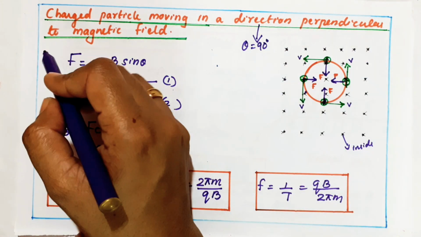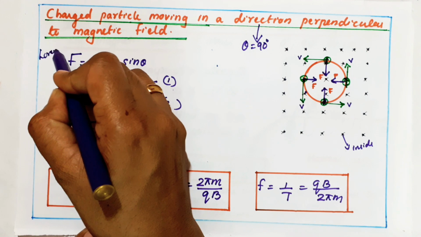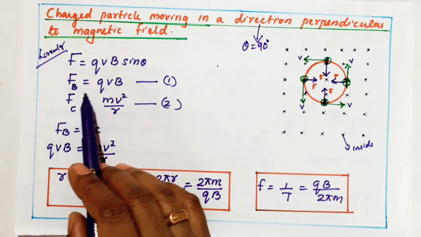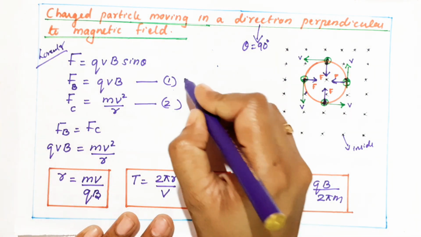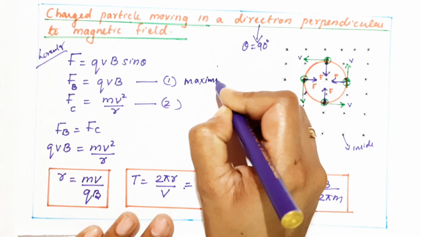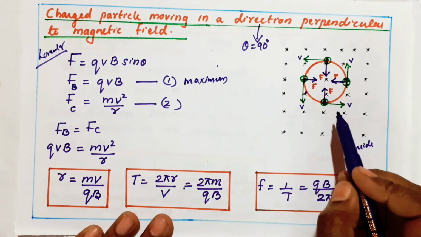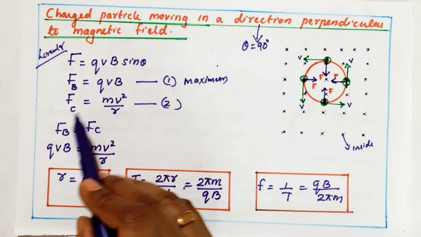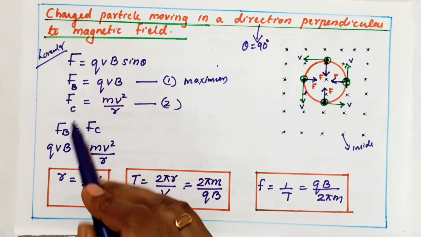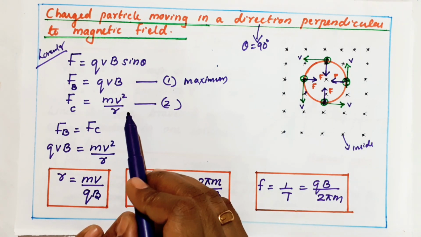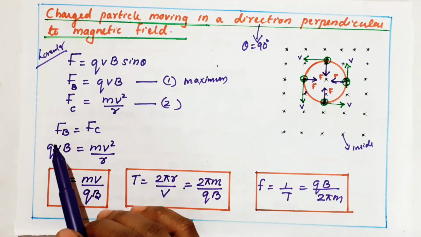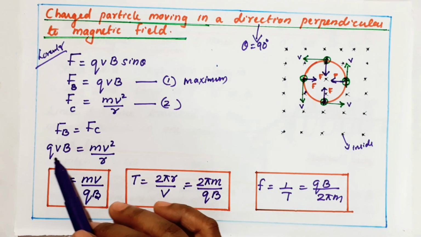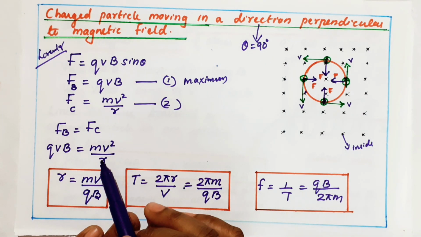According to the Lorentz force, we know that F is equal to qvB sin theta. If theta equals 90, the magnetic force is qvB, and it is nothing but the maximum force. And by using Fleming's left hand rule, I understood this moves in a circular path. So it means that your magnetic force is converted to centripetal force. What is your centripetal force equation? mv squared by r. So I can write that the magnetic force qvB equals mv squared by r.